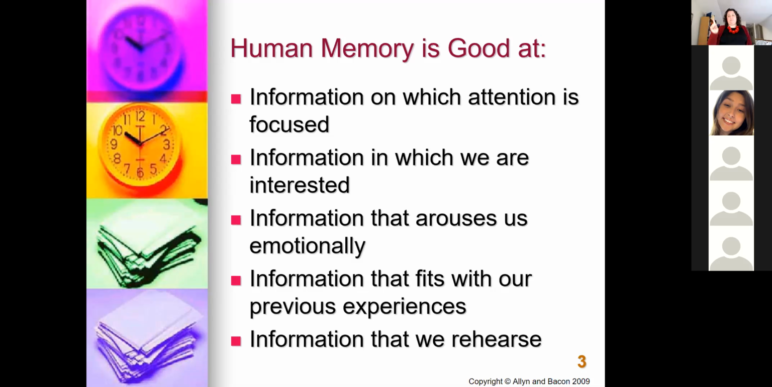We also remember information we rehearse. So if anyone's ever been in a play and you have to learn your lines, right? Or you've had to memorize a song for something, or if you've played a sport,